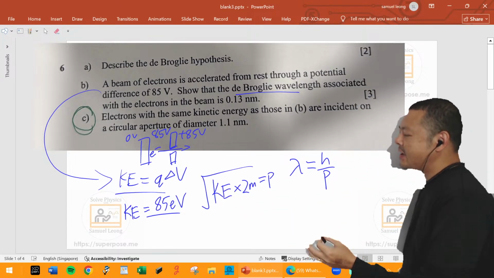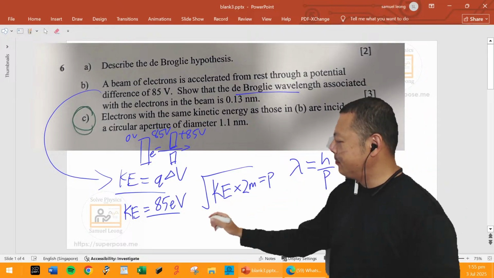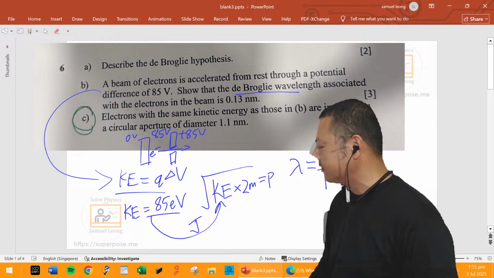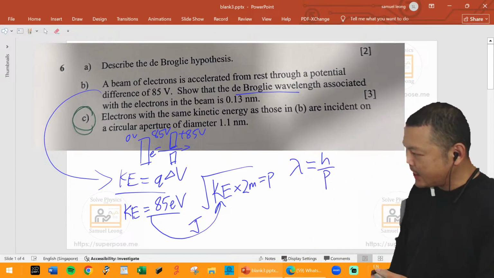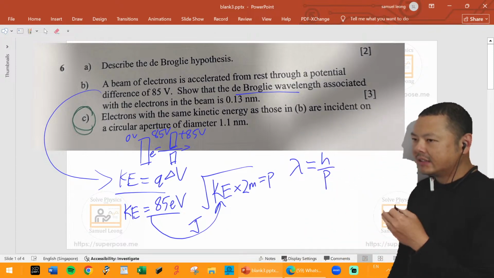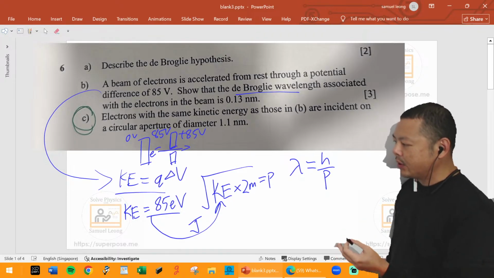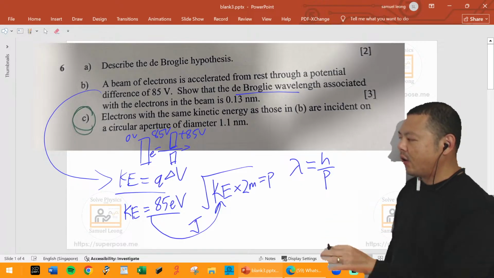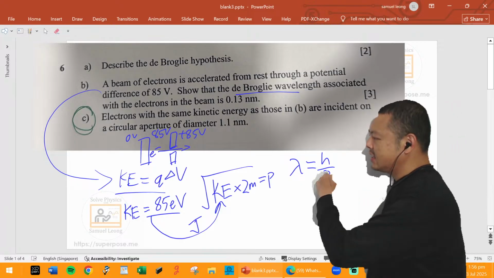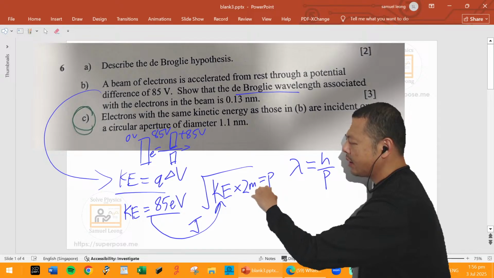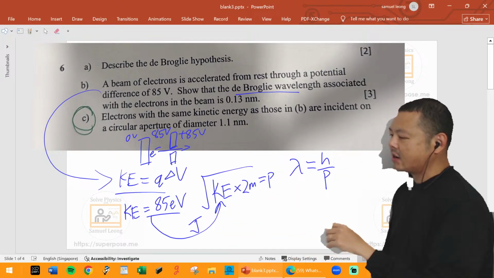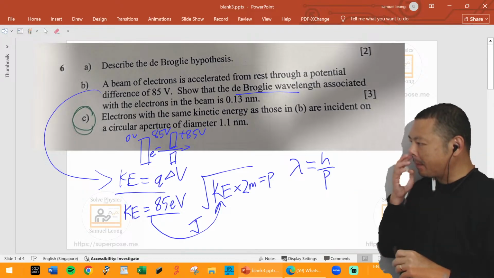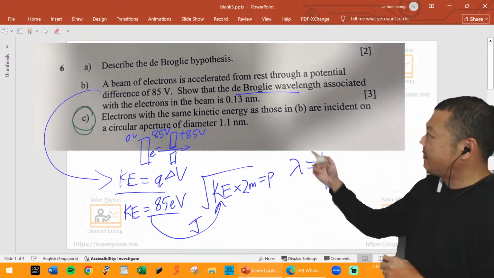Okay, square root of 2m times KE equals P. So basically, you need to sub this into here, but you need to convert it into joules. For any physics equations other than the Bohr equation that uses eV, everything else is all SI units. E equals mc squared, all SI units. This lambda equation with P, K equals P squared over 2m, that's all SI units. So joules, kg, and momentum in kg meters per second. So you can find this, right?